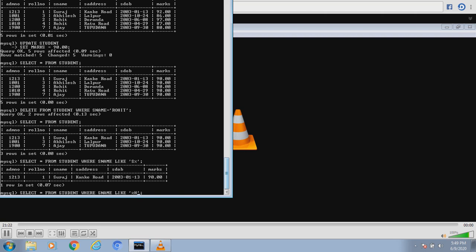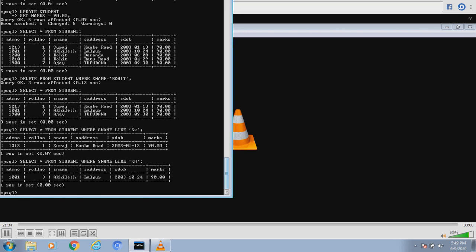It means the name can have anything before, but the end character, the last character, should be H. Let us see. You see, Akhilesh is there whose name ends with H, and it has been shown by our SQL command. Okay, now students, you understood that percentage means there could be anything there or even nothing there.